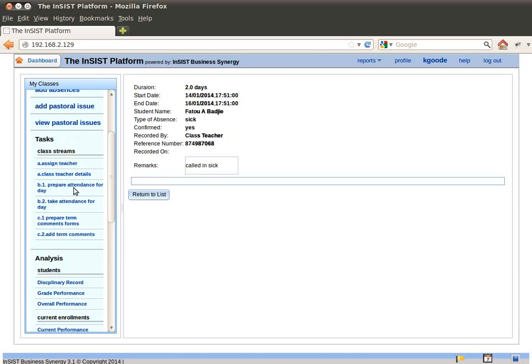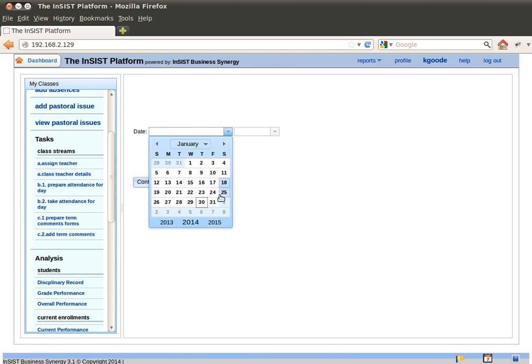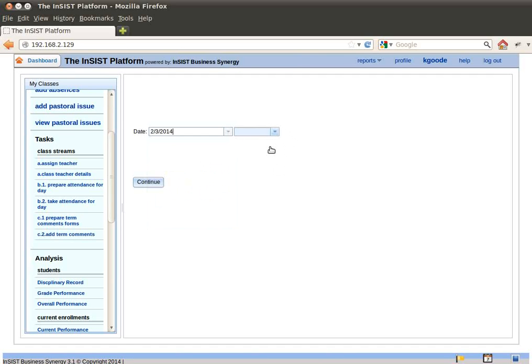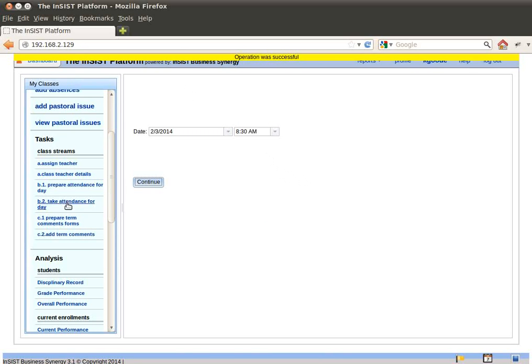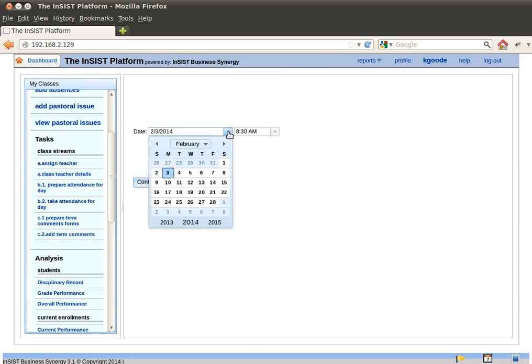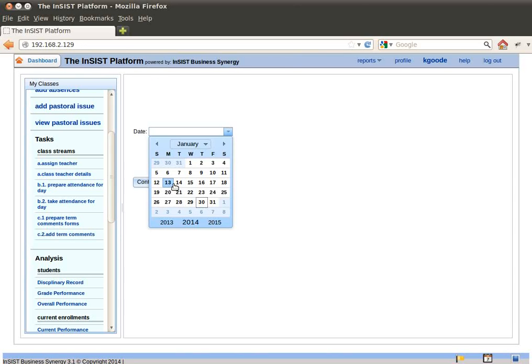One of these tasks include preparing the attendance for each day. So right now we'll try to take an attendance for a day and the time. We'll select 8:30 and we'll click continue. What this will do is notify the system that we are about to take the attendance for such a date. We'll now move to step 2 and we'll select the date